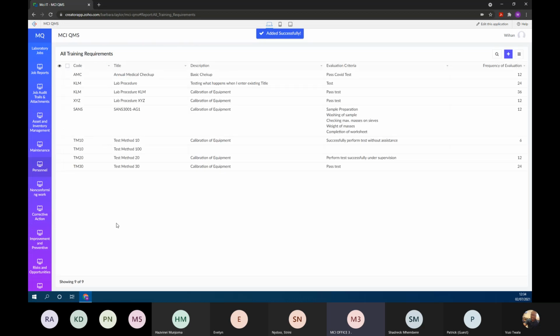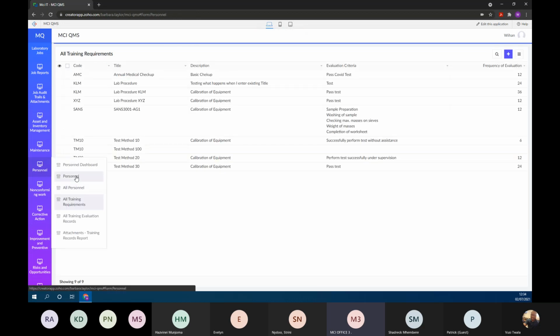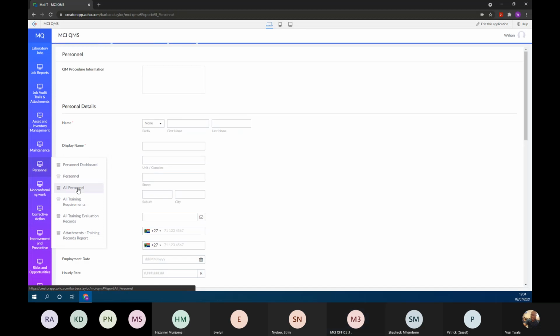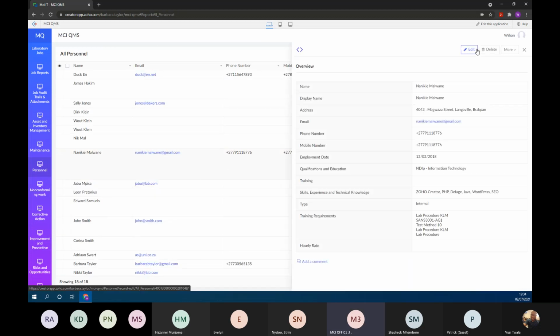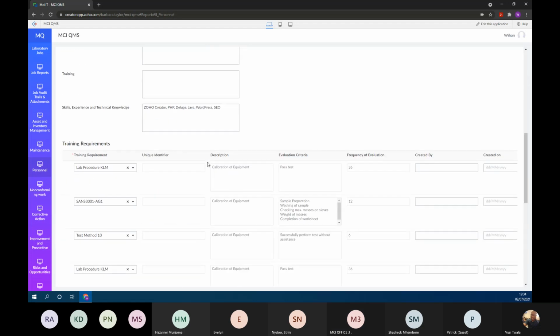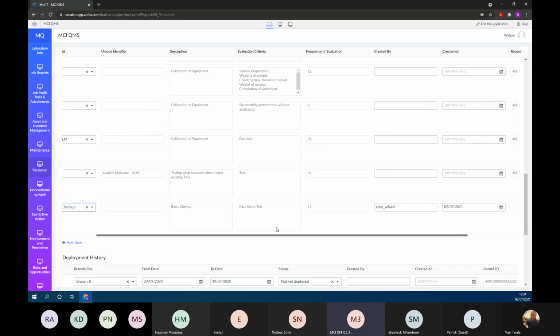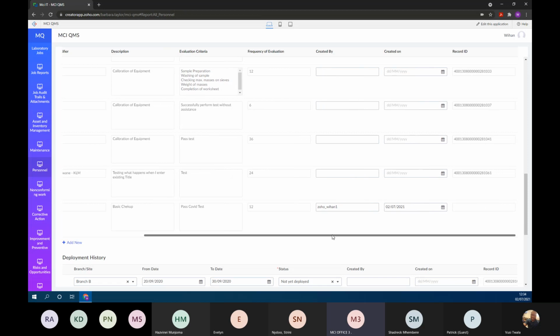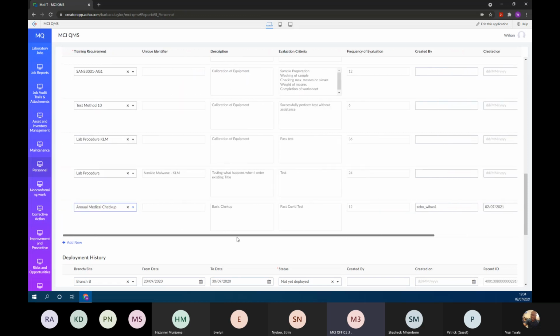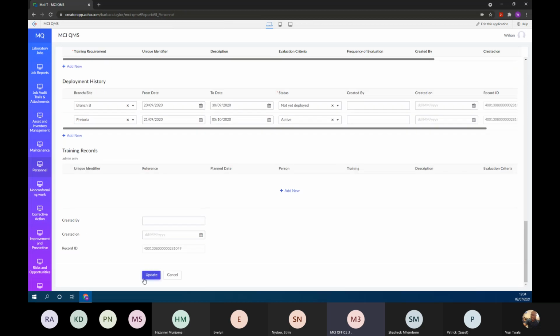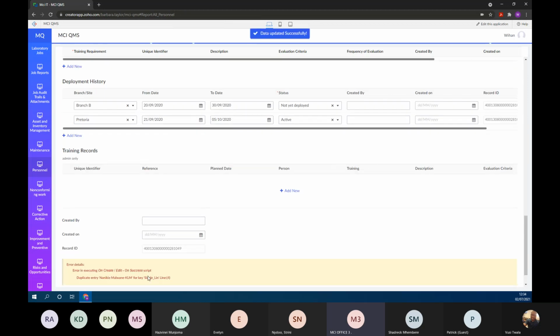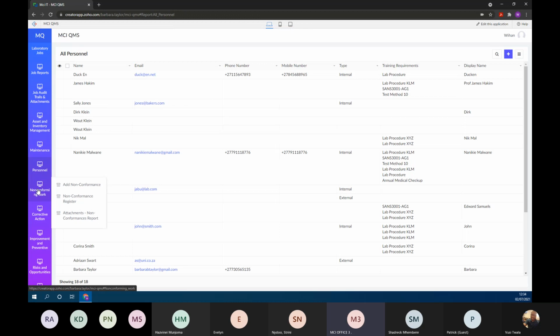So that's my template, my compliance template, and that is then available. This is our annual medical checkup. You'll see it draws through all the information from that, plus the frequency. And if I, on saving this, the system now schedules the first one, and then that's where it starts feeding into the